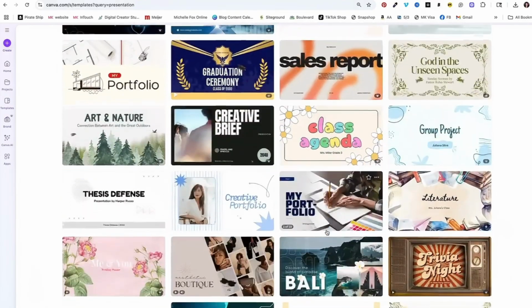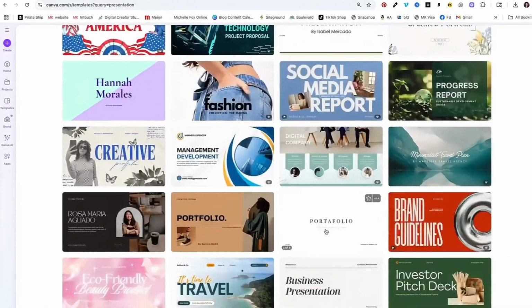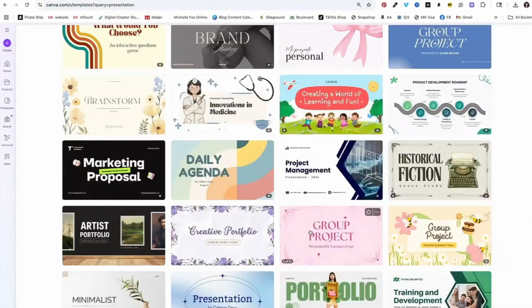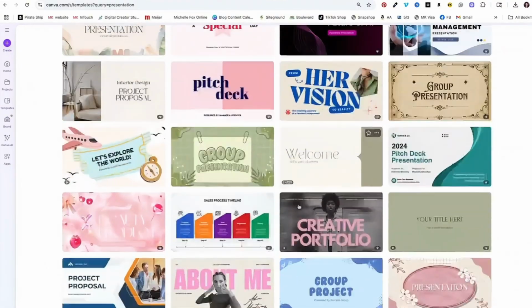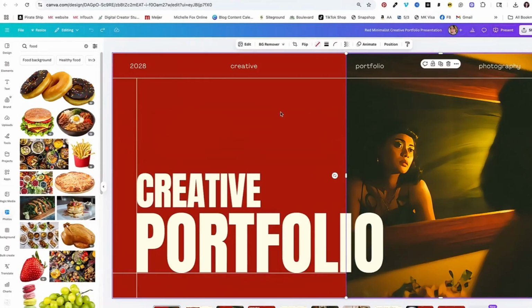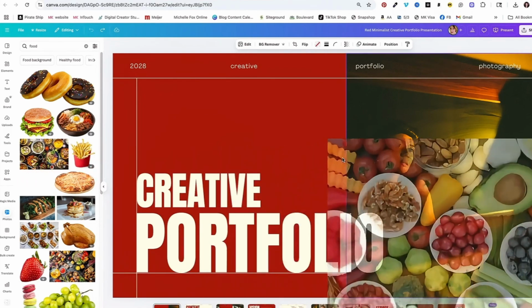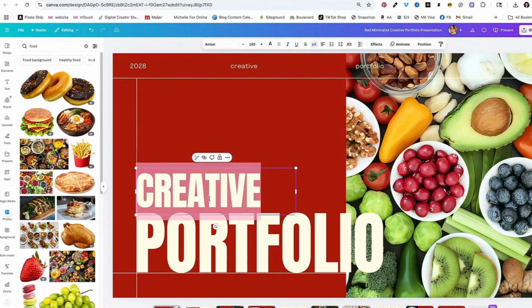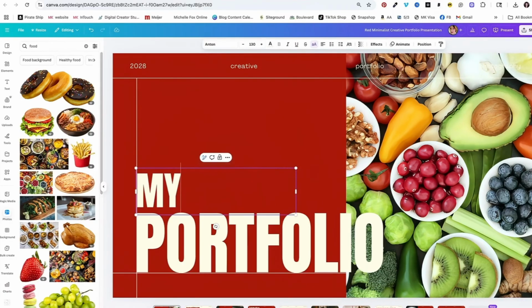So I was going through here thinking, let's say I wanted to do something about food, and I just wasn't seeing anything specifically about food. So now I'm thinking, what kind of colors do I want for something about food? I chose this one because I just liked that really nice red. We would obviously need to edit it to serve our purposes, so I would replace this photo with something like this, and I like how that red really pops. Then I need to come in and change my fave